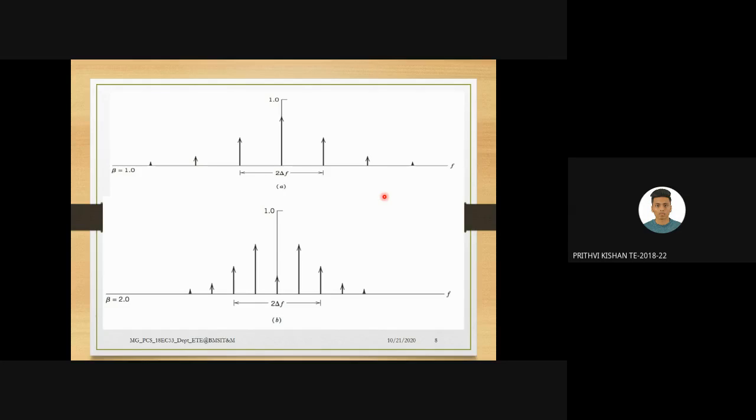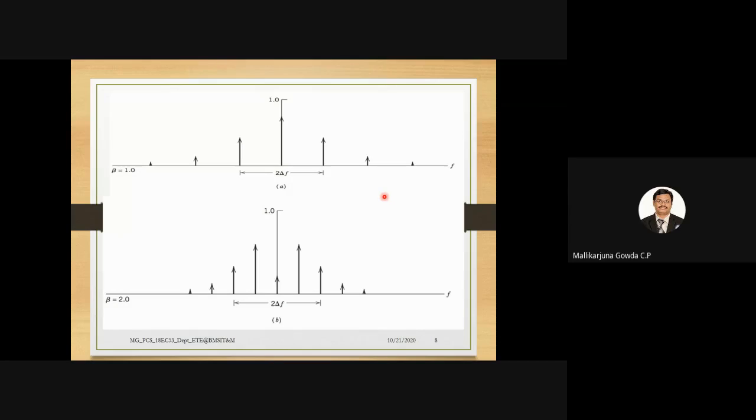So can you repeat? See, this is the diagram. What I'm showing now is the spectrum of the frequency modulated signal, keeping the amplitude of the message signal constant, and I'm varying the frequency of the message signal. In the previous case, the three diagrams I showed for different values of beta were for keeping the frequency of the message signal constant, and I varied the amplitude of the message signal. That is why I said try to either note down or you should observe keenly.